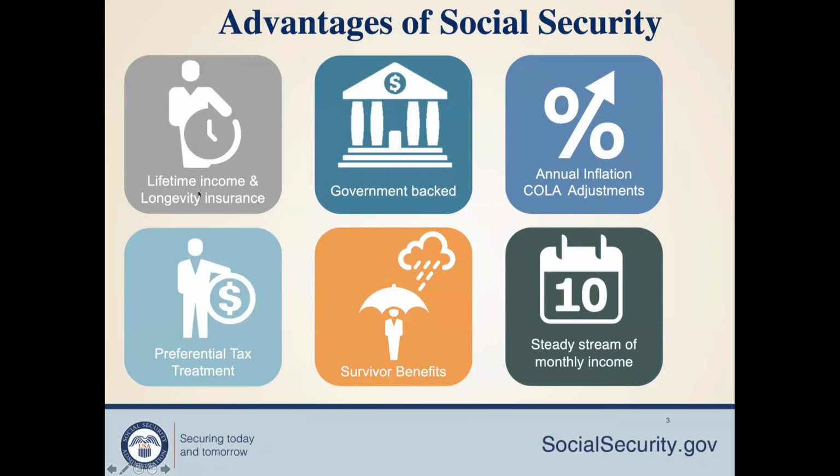So basically the advantage is, even if you have a housewife, she is also eligible, right? When you are getting Social Security, as long as you live, she is eligible for 50%, and after you pass away, she is eligible for 100%, right? So it has got some huge benefits, and it's a lifelong thing. You don't have to worry about whether they will stop paying, as long as they have money, which we will talk about. They will continue to pay, lifetime and longevity insurance.